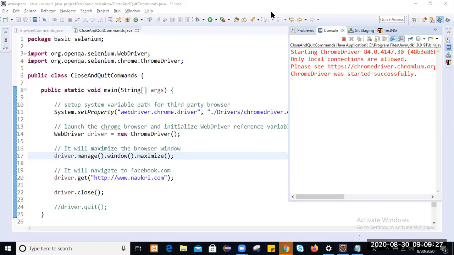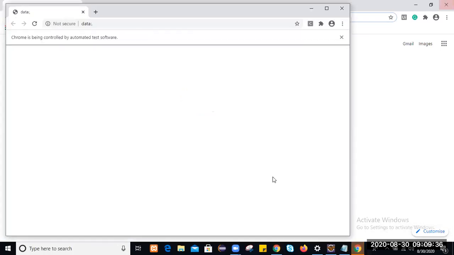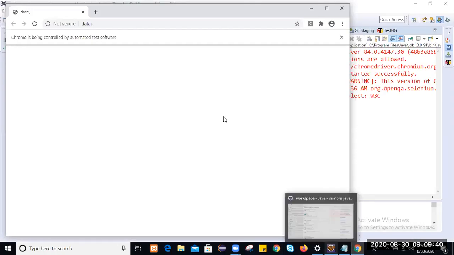So the interviewer will ask this question, so be careful about how you explain it. You see, it's navigating here. Maximize.